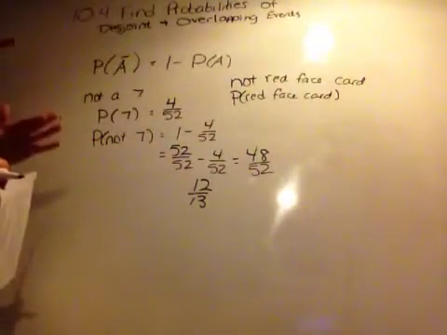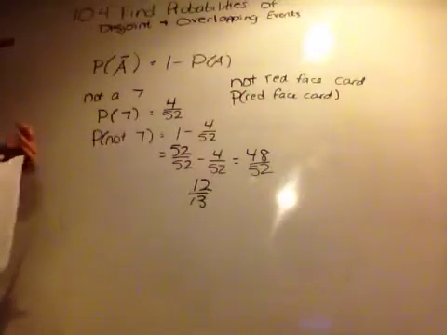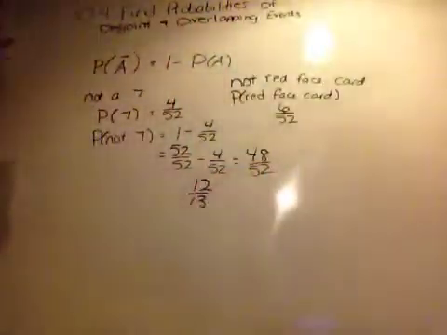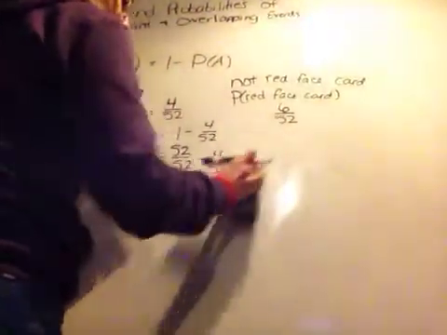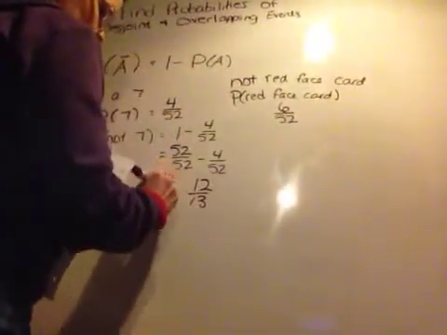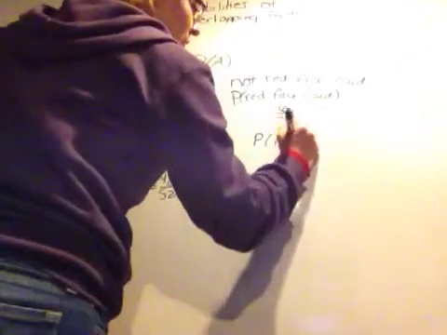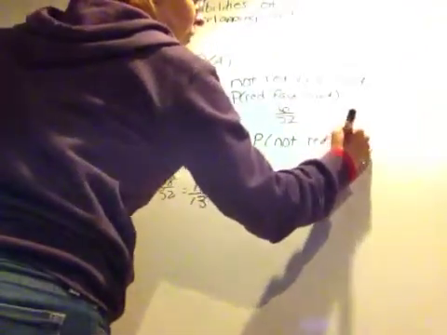So you have 3 face cards in every suit, and there are 2 red suits. So the probability that it's a face card is 6 out of 52. So the probability that it's not a red face card